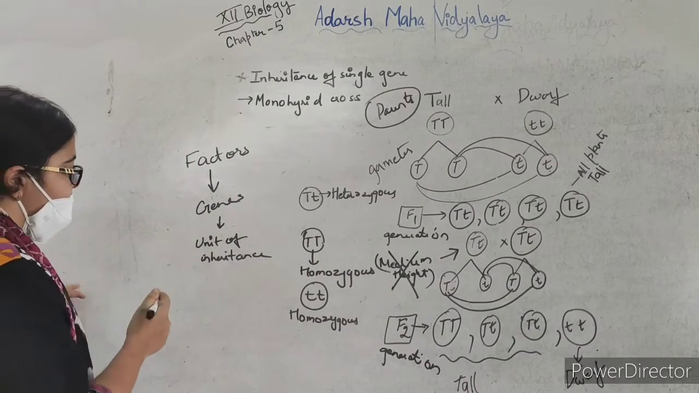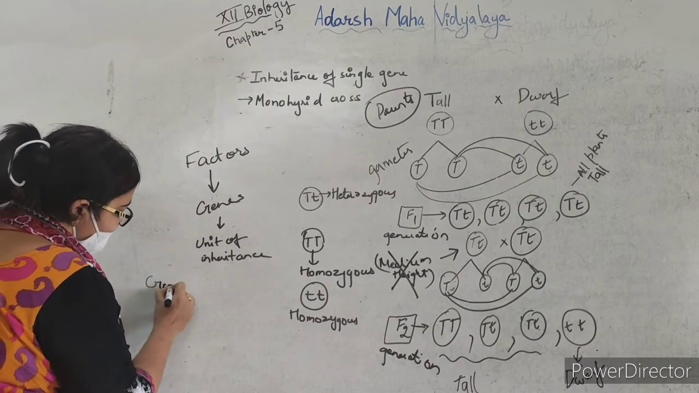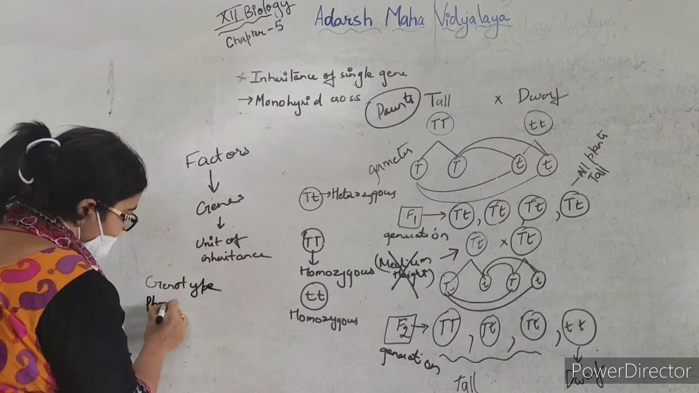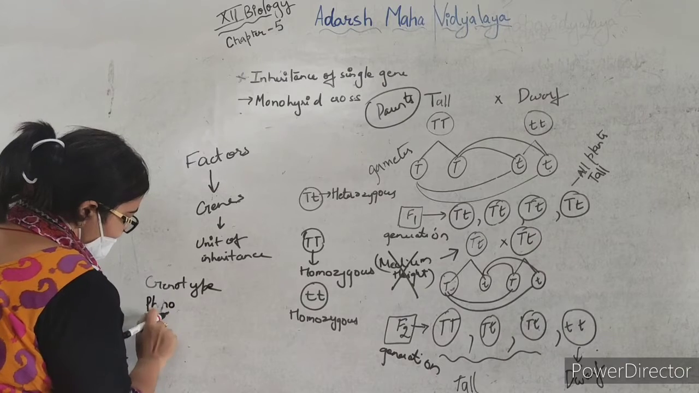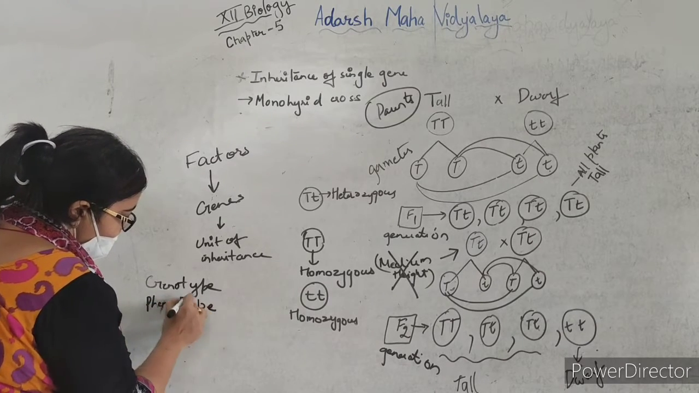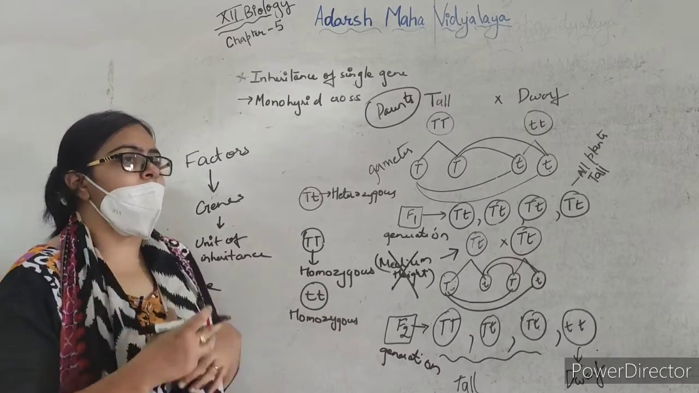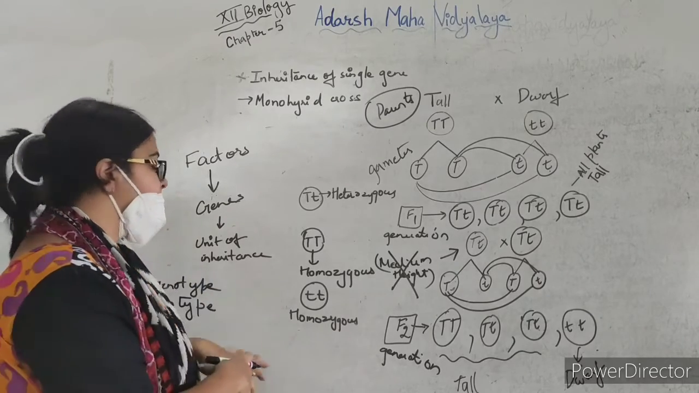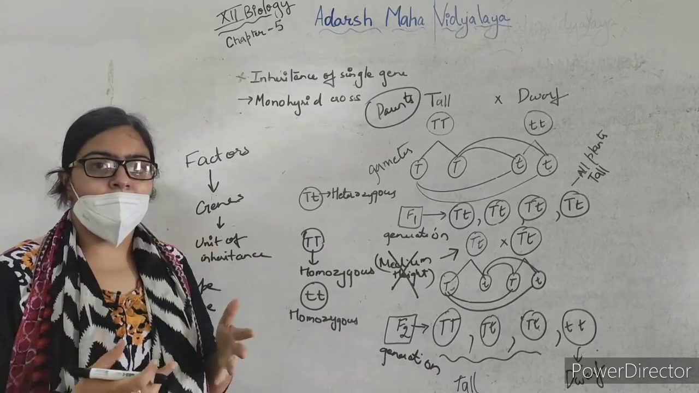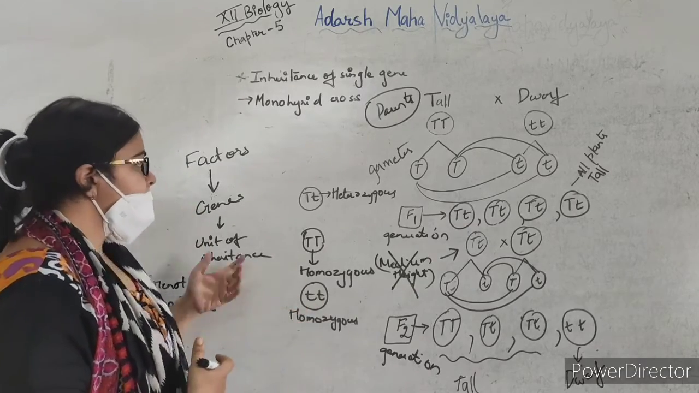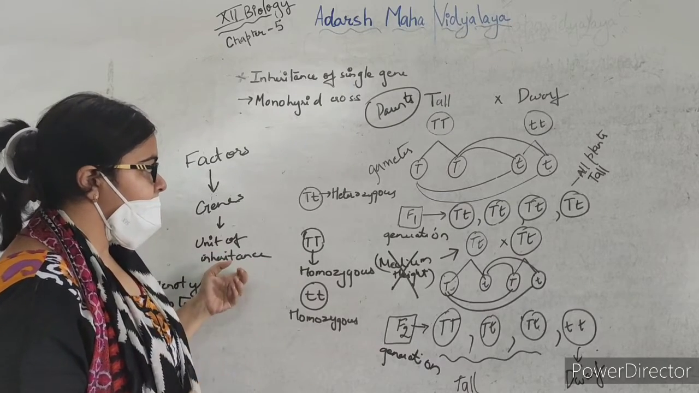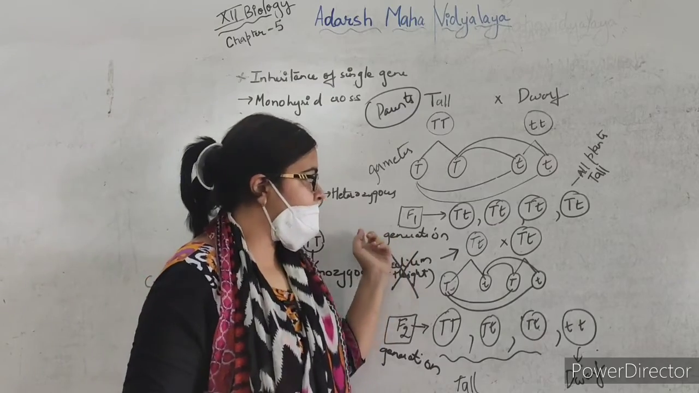So we will also discuss two terms, that is genotype and phenotype. Now the genetic composition of the cell is the genotype, and phenotype is nothing but the morphological characters of the plant. Okay, so when we talk about genotype and phenotype, we can see here